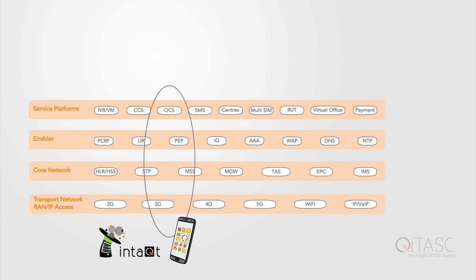Even app testing can be done automated, so we are using the full range of all services. We have connectivity to the network, we have an app which is interacting with some service platforms like the online charging platform. We are doing a call for this convergent charging service, and then with the app we are verifying if the app was capable to give back the charging parameters, to show us the account, the money, what we have on this service, if this is correct or not.